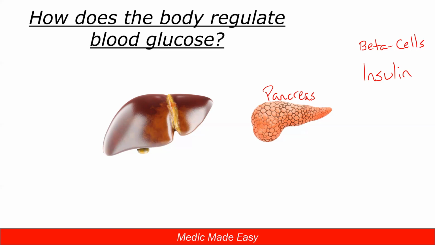And so if we have a bunch of insulin, we have a bunch of those keys floating around, opening the doors in the cell and allowing that blood sugar to move from the bloodstream into the cells. So as we make and produce more insulin, it's going to lower our blood sugar. So that's one method of regulating blood sugar levels.